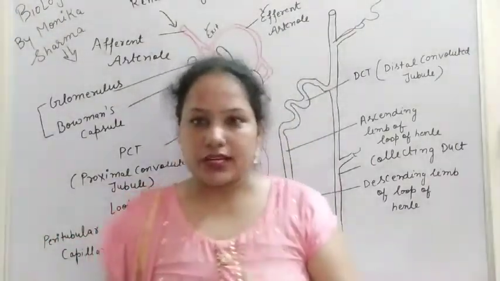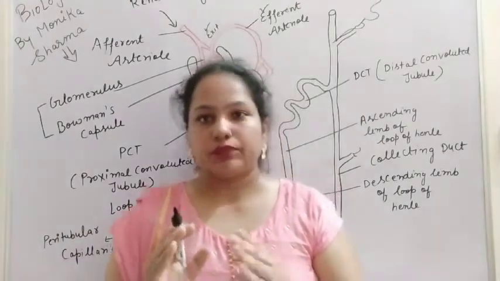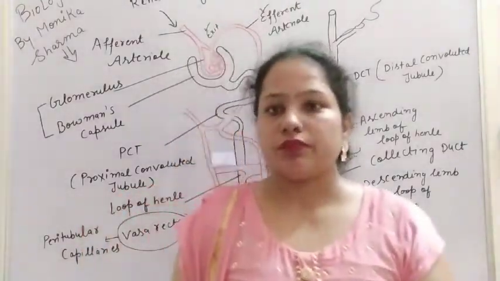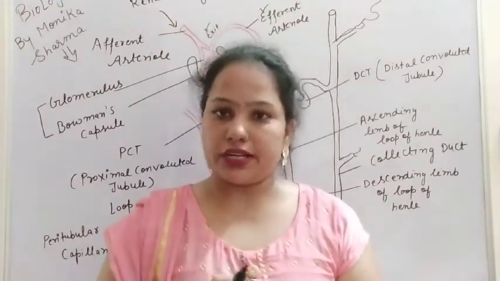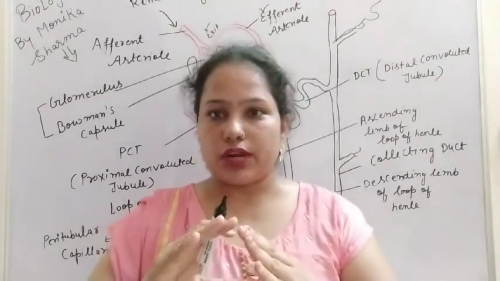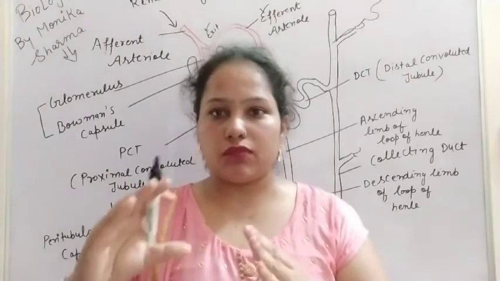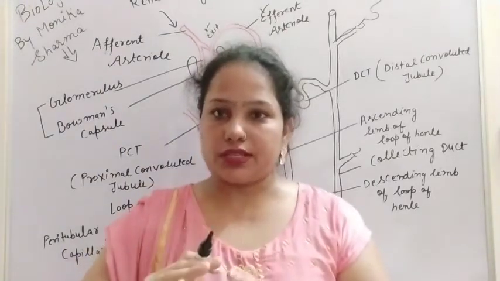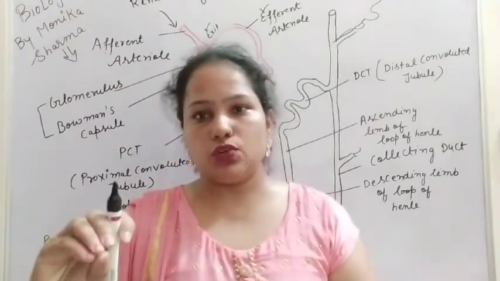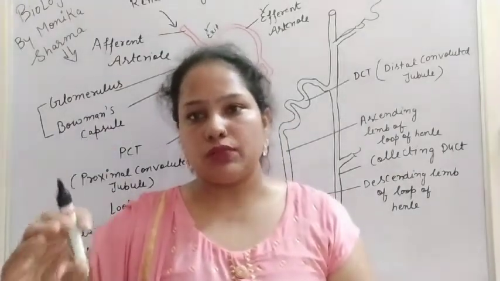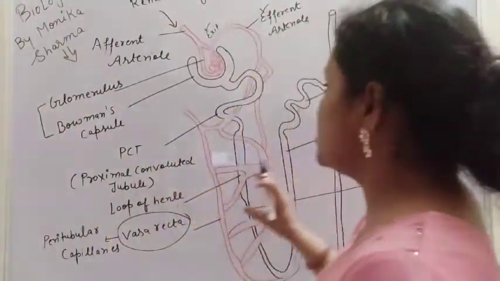I think it is very clear to you that there are three types of blood vessels: arteries, veins, and capillaries. The further bifurcation of the artery, that is the arteriole, gives rise to capillaries. From the surface of the capillaries there is exchange of gases, and finally these capillaries join to form venules. Then venules give rise to the main vein, and that vein opens into the vena cava. So those are the different parts.